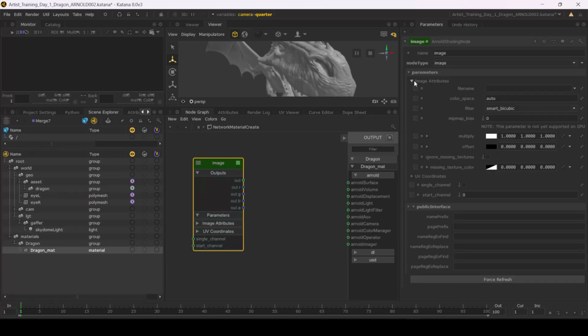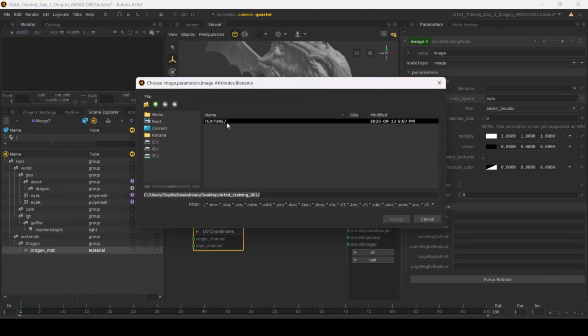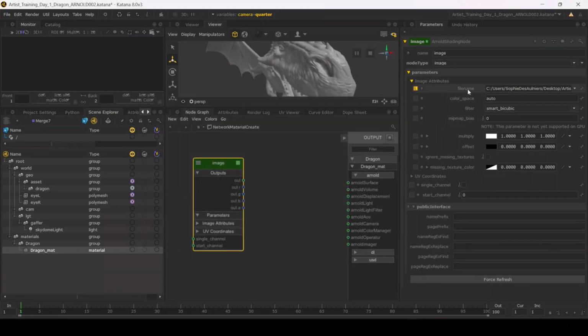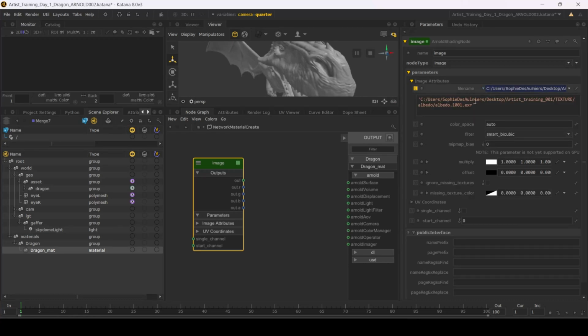So we'll go under the image attribute and we'll look at the file name. You can click on the arrow and browse, go in texture, bring albedo, and bring your TEX file. In this case, I like to keep all my paths relative. So I will right click, set an expression. As I've shown you before, you can replace this whole section with your project directory